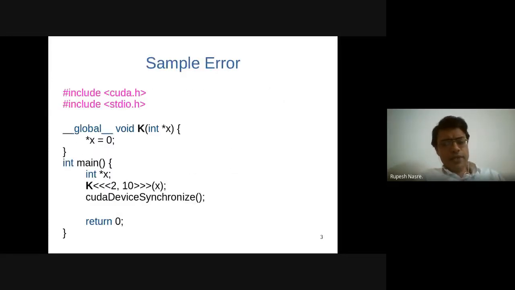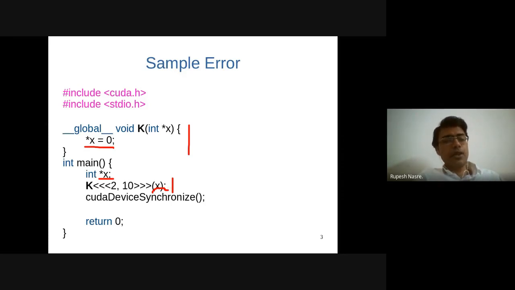So let's take a very simple example here. I have an int star x, a pointer, which I'm passing to the kernel and then doing nothing inside the CPU. On the GPU, I'm just assigning *x to 0, assuming that x has already been allocated memory, which is not the case here, and therefore I'm going to get some issue. As far as this part is concerned, that itself could be an issue, in the sense that x might be pointing to some memory location,